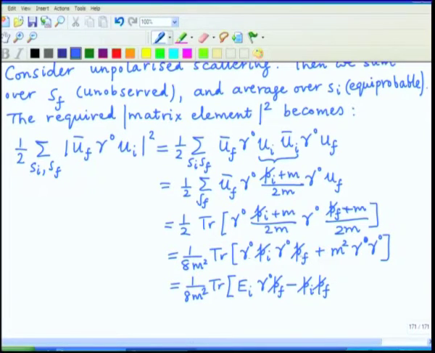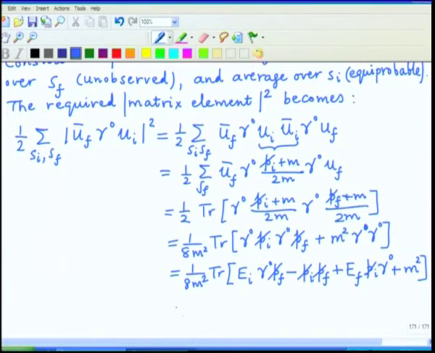and then there is another one with a dot product of gamma 0 with p_f slash. So, that gives E_f, and then it is p_i slash gamma 0, and the last term, gamma 0 square, is just identity. So, it is m square. So, we have now reduced everything to 2 gamma matrices, and the trace of 2 gamma matrices is easily done. The trace of identity has an overall factor of 4, and that gives the result